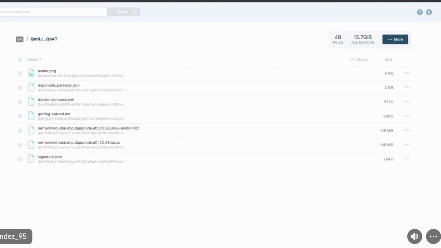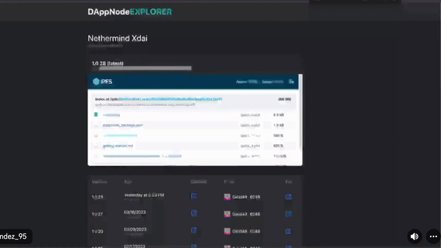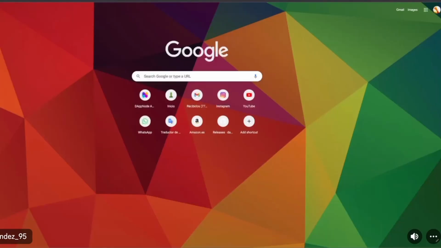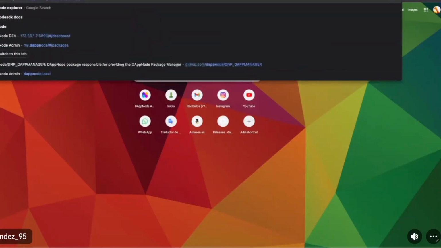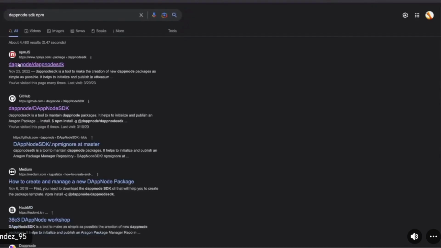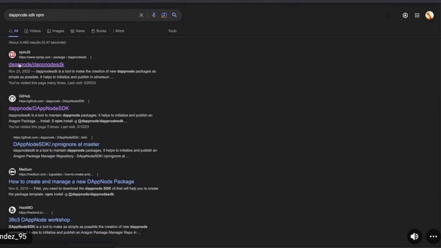So now that I have explained these technologies that we use in DAppNode, I'm going to move forward to the DAppNode SDK, which is the tool that we use for creating DAppNode packages. I'm not sure if you're familiar with JavaScript, but it is a JavaScript library.